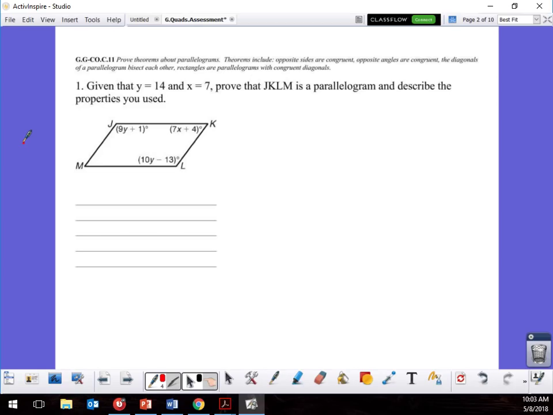All right, this is the quadrilateral exam review. It looks different than my previous, but I'm going to try and do it on the smartboard now. Given that y is equal to 14, x is equal to 7, prove that this is a parallelogram and describe